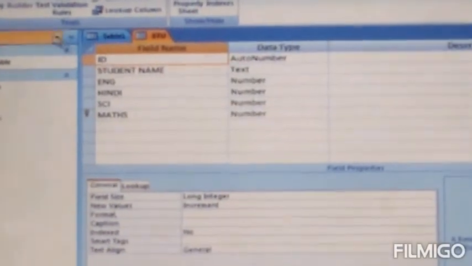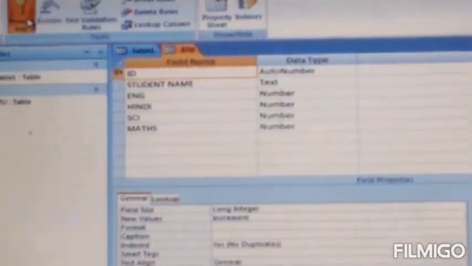Here you can see the Primary Key option. Click on the ID field and click on the Primary Key button. You can see this is a primary key.